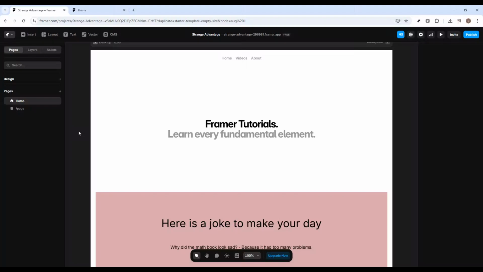If Framer is showing a fail to load canvas or fail to fetch error, don't worry. In this video, I'll walk you through the fastest fixes step by step so you can get back into your project as quickly as possible. This is a common issue, and in many cases, it's caused by a temporary browser problem, a cache issue, an extension conflict, or even a Framer service outage. So follow along carefully, and by the end, you should have a much better chance of fixing the problem without